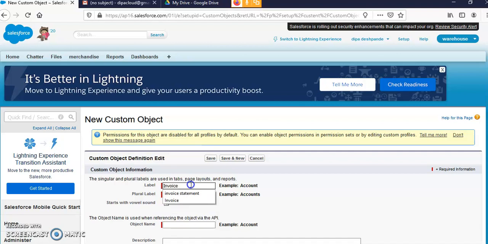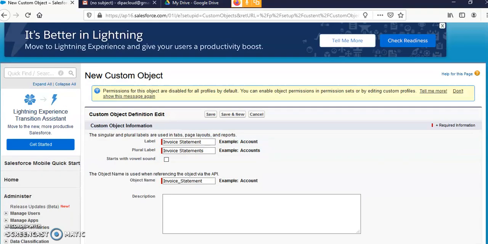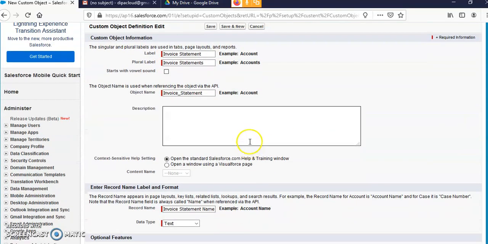Invoice statement. Okay, here the plural, invoice statements. After that, if you want, you can write one line in the description field.